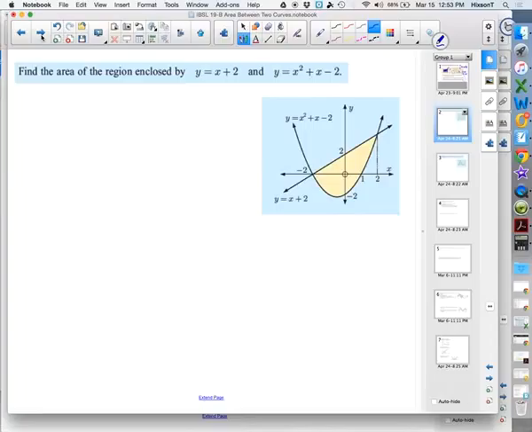So let's look at this one. We'll start out simple where we don't have to necessarily find those intersection points, we just have to see them, okay? But notice here, I want to find,